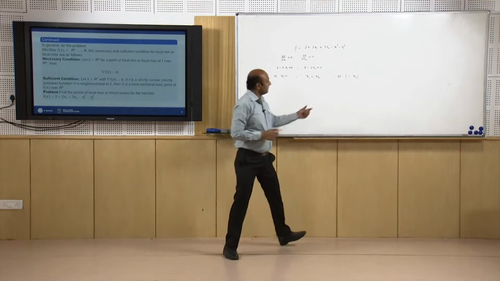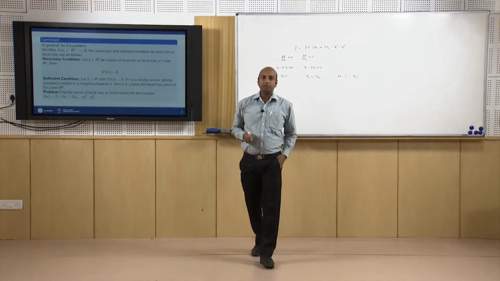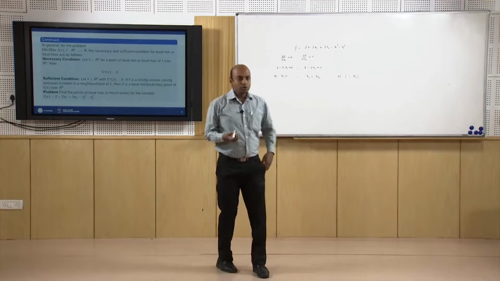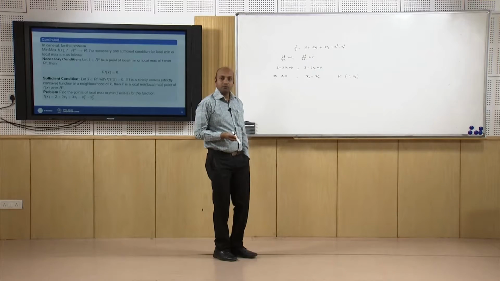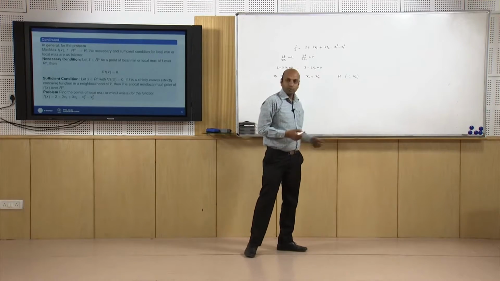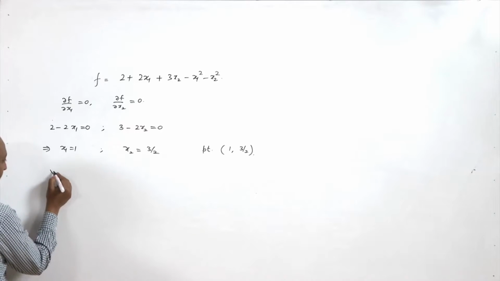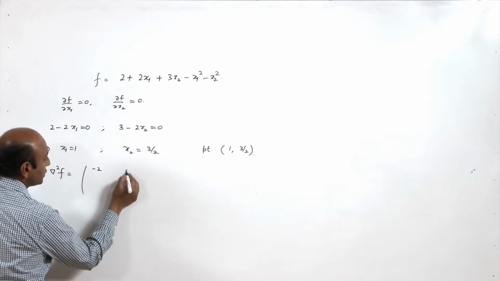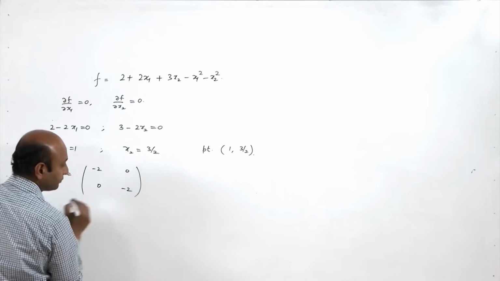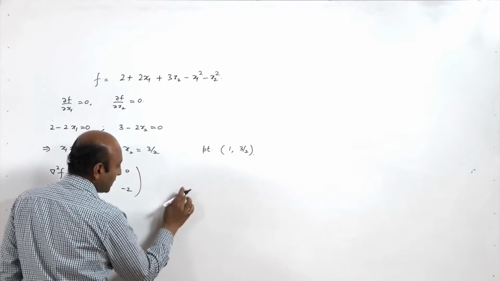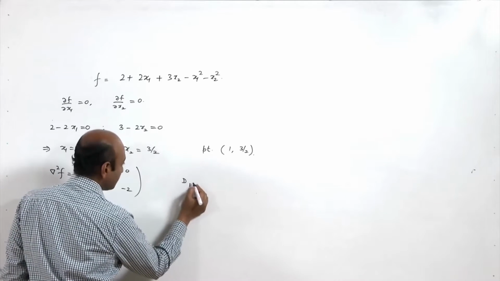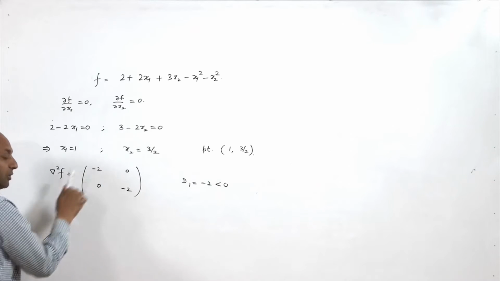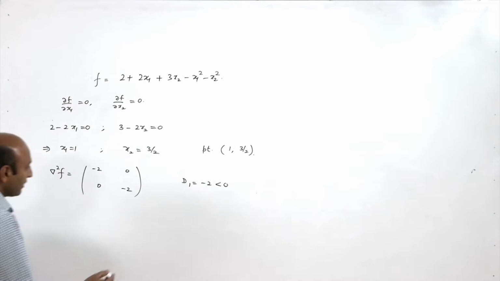Now, we have to see whether this point is a point of local maxima or local minima, or neither, or a saddle point. So, for that we find the Hessian matrix of f at this point. Here the Hessian matrix of f will be nothing but minus 2, 0, 0 and again minus 2. You find the determinants of the leading principal minors. d1 is minus 2, which is negative, you can easily see, the determinant of the 1 cross 1 is negative, and what is d2?